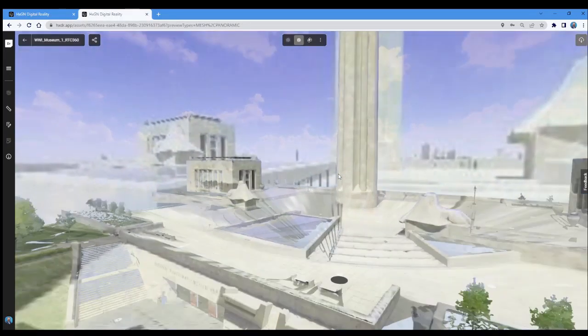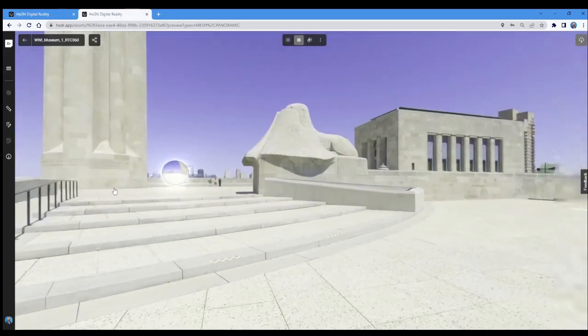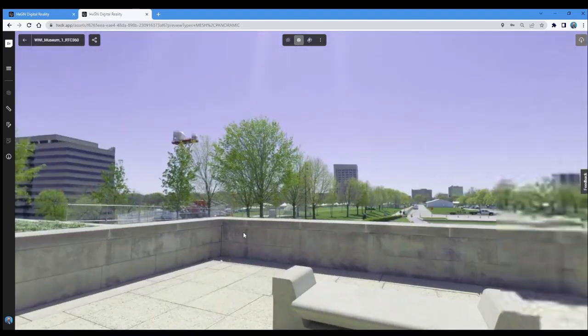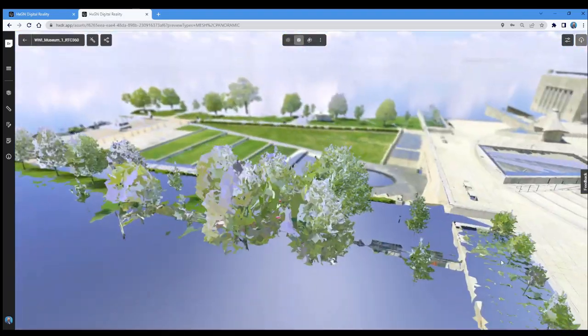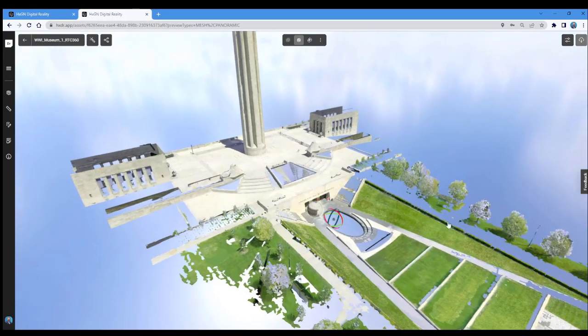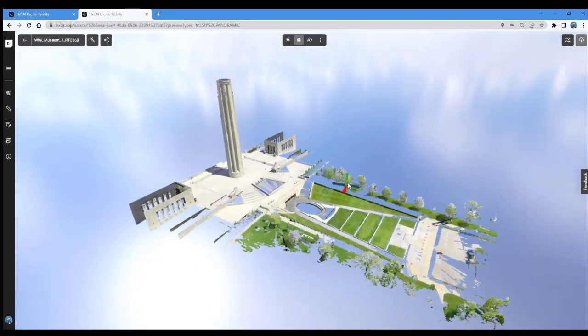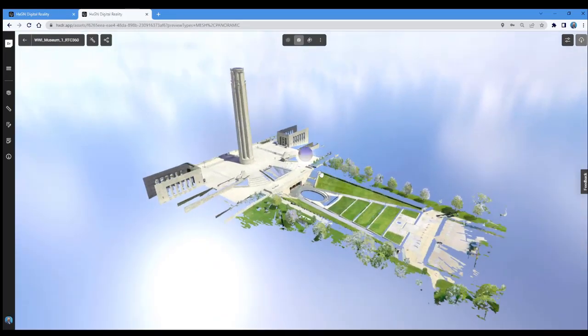Now remember that data hosted here can of course be streamed into Cyclone 3DR as well. So we're currently only streaming the point cloud, but that does mean that you can then carry out all the operations within 3DR that you might want to: deviation reports, clash analysis, progress BIM reporting, all of those things that you might ordinarily carry out. You can even have your point cloud and you can stream it down into 3DR and mesh it there if you wanted to. So there's lots of capability,